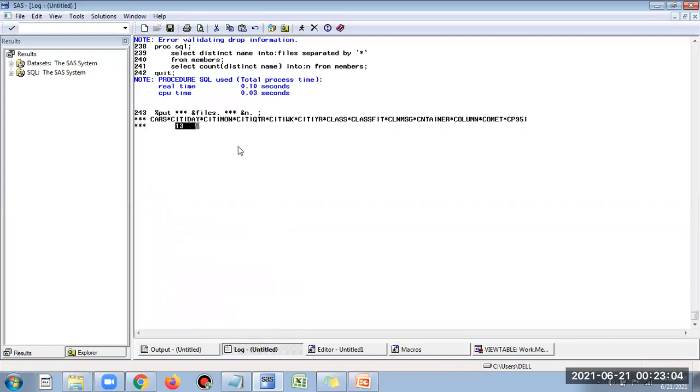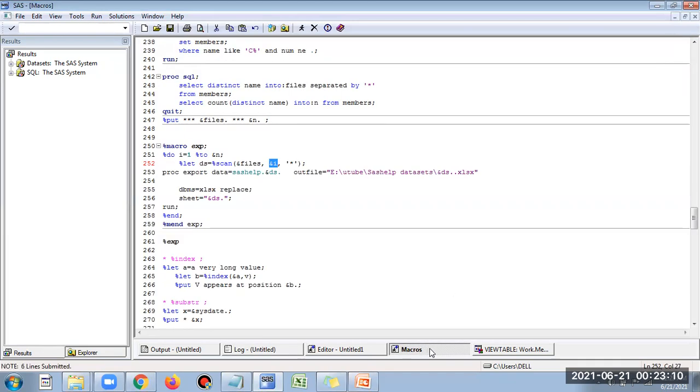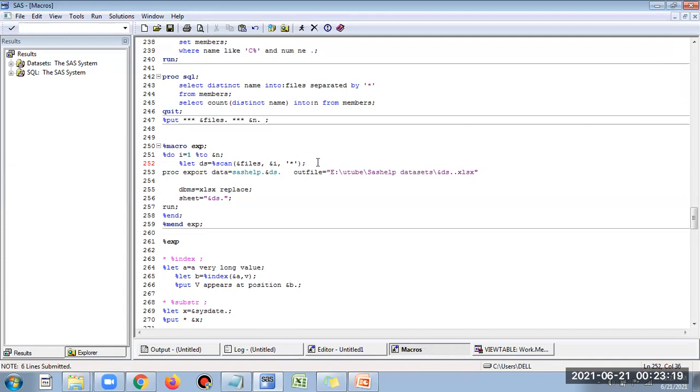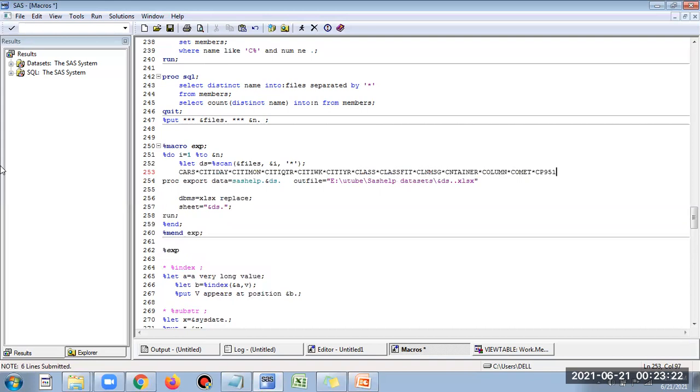And we know the value for files is like this. So let me just put it here for you to understand. Let me just put it in the comment box, in pink color, for you to understand. So these are the values for files. Files will have values cars, city, day, etc. So each time it will go and pick the first one. First iteration, it will pick the first one. Second iteration, it will pick the second file. Third iteration, it will pick the third dataset. Fourth iteration, it will pick the fourth dataset, and so on